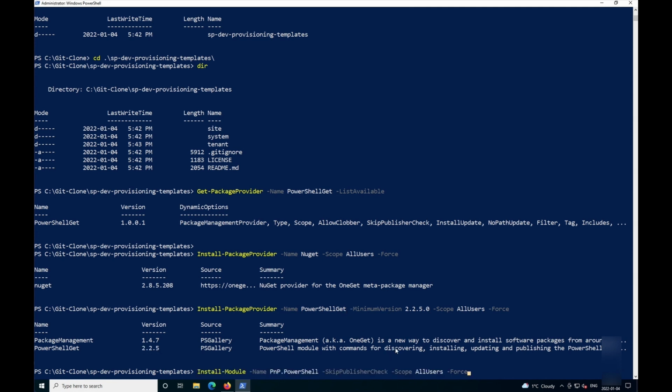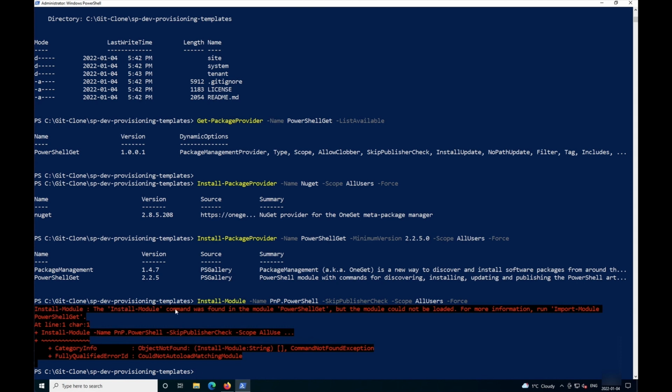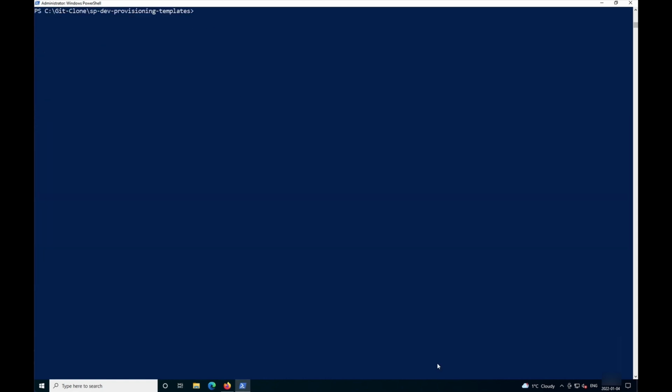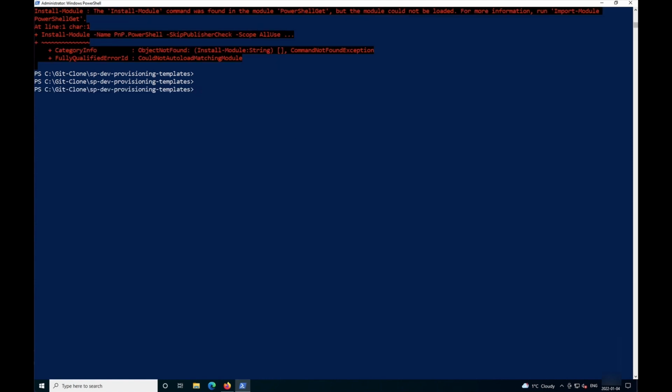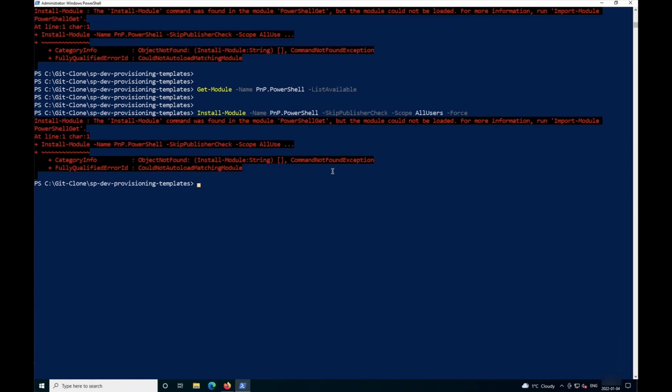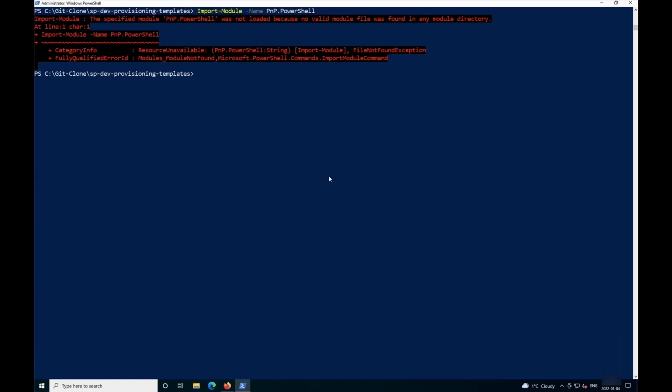So, okay, the command is to install the module PnP.PowerShell. Okay, and then click. Okay, so I have installed PowerShell already. So it prompts the error. So let's just check. Okay, let's do a quick check. Let's try to import. Okay,